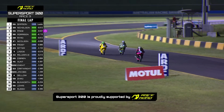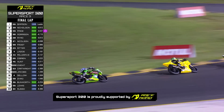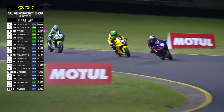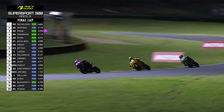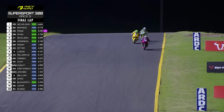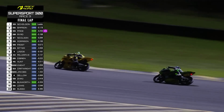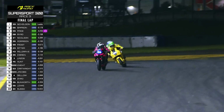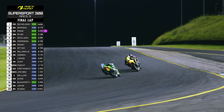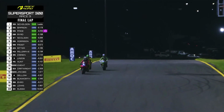Now, how good is Mitch on the brakes? We saw him before. Here he goes on the brakes. He's past Jake and all the way on the back of Scott Nicholson now. Well, there was nearly a 20-kilometre-an-hour speed differential between Nicholson and Simpson as they came down the straight on that occasion. We could clearly see it there. Yeah, but maybe he missed a gear because that's too much. That is also about 12 or 13 kilometres an hour slower than what Mitch Simpson's top speed has been in this race so far. Yeah, so possibly he missed a gear or something like that, but...